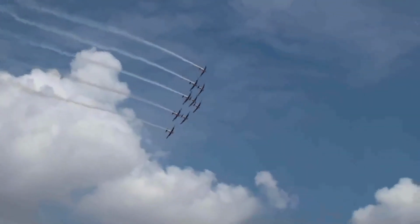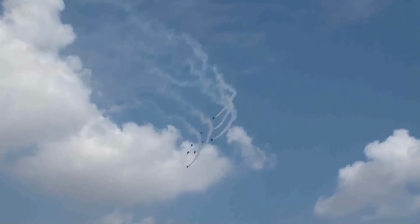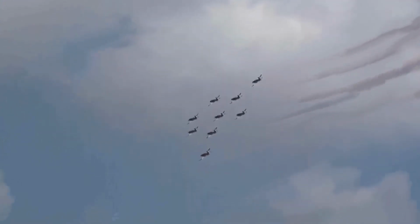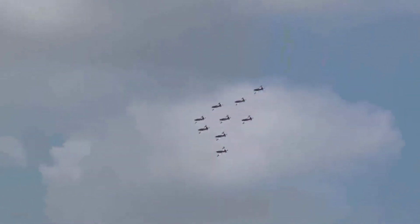The 9 Pilatus PC-7 aircraft not only give the team the name, it also makes it the largest turboprop display team in the world. As ambassador of the Swiss Air Force, the PC-7 team symbolizes the dynamism, elegance and precision of formation aerobatics. This is our brand. With attractive formation changes and varying figures, our military pilots